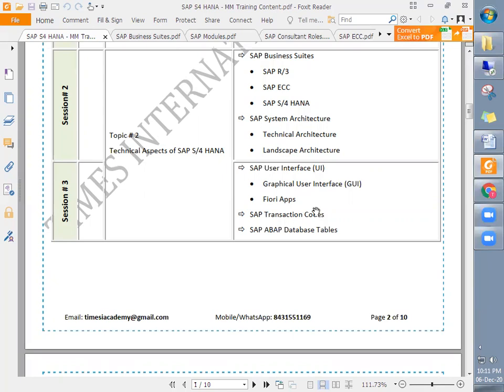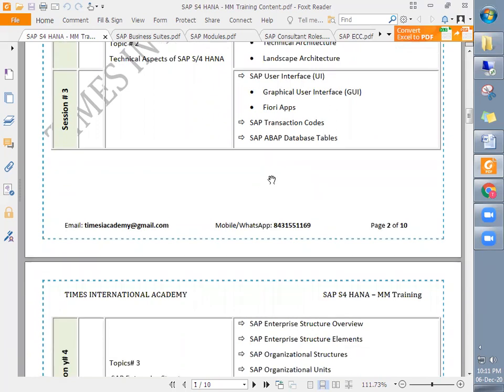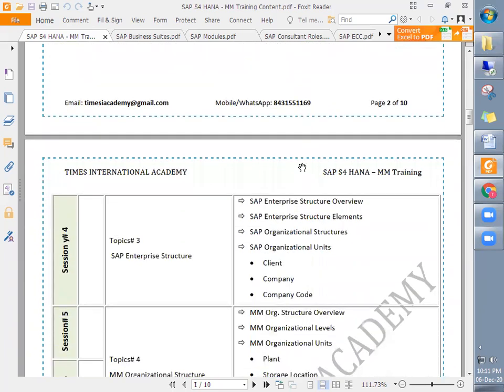There are two user interfaces to use SAP: the graphical user interface, also known as GUI, and Fiori apps. This is the new interface introduced in S4HANA. It was not available in earlier versions. Similarly, we will discuss SAP transaction codes and SAP ABAP database tables.